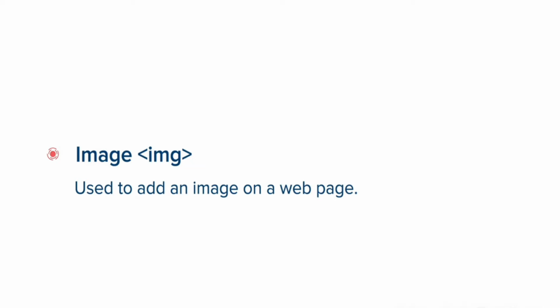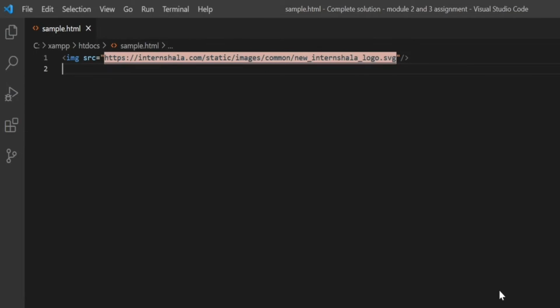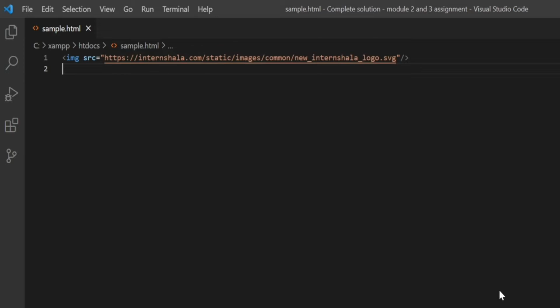Now, let's discuss the last HTML tag that we will cover in this topic, that is the image HTML tag. This HTML tag is very important as it is used to add an image on a web page. To understand better, let's have a look at this code in which we have used an image tag. Along with this, you can also see we have used a src attribute in which we have added additional information, which is basically the URL of the image which we want to add on the web page. src stands for source here, and as a value for this attribute, we give the URL of the image we want to display inside double quotes.